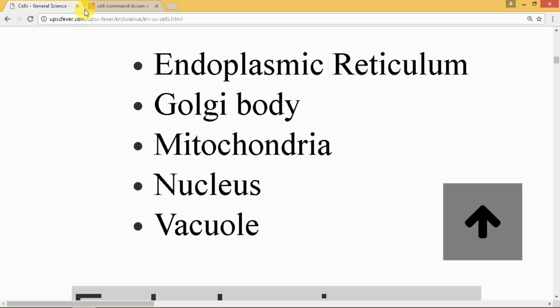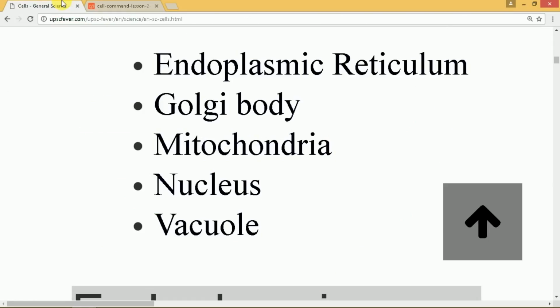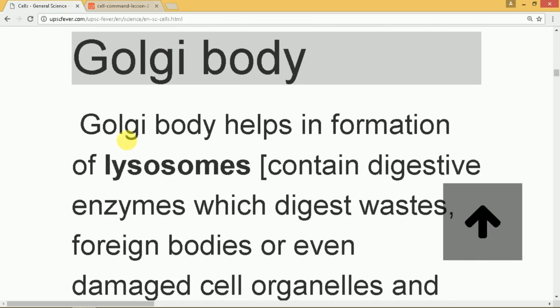Next is the Golgi body. So you can see a Golgi body from this diagram. It is this structure. The main function of the Golgi body is formation of an enzyme known as lysosomes. So you can note that lysosome is the enzyme manufactured here, and it is known as the suicide enzyme or the suicide bag, as it